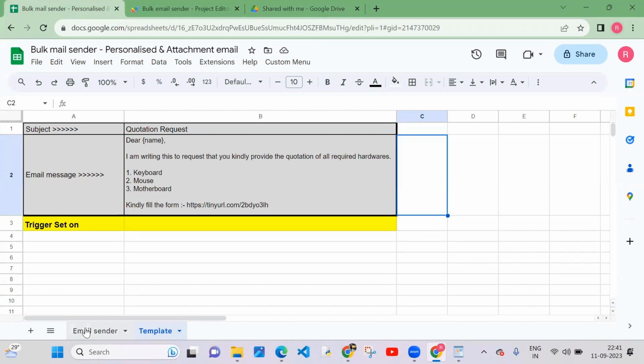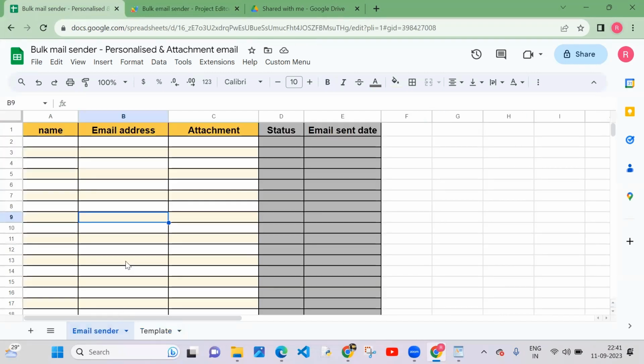Next, we move on to entering recipient details in the center sheet. It's a straightforward process. Just enter the recipient name, their email address,